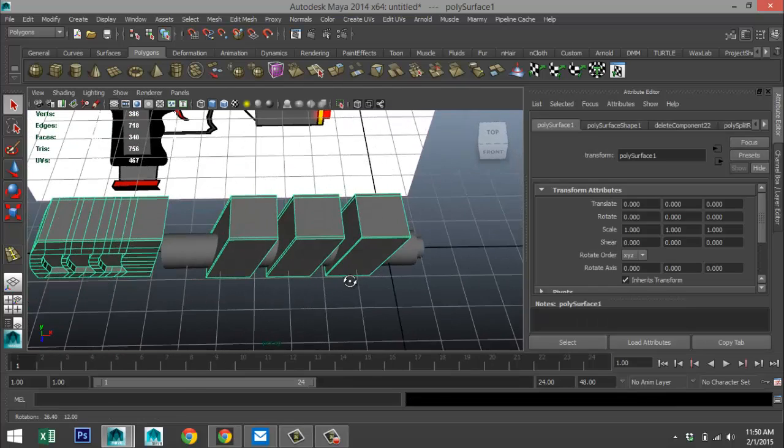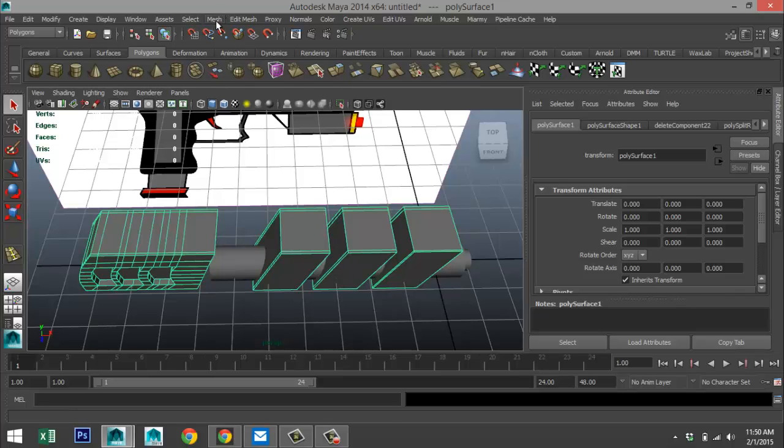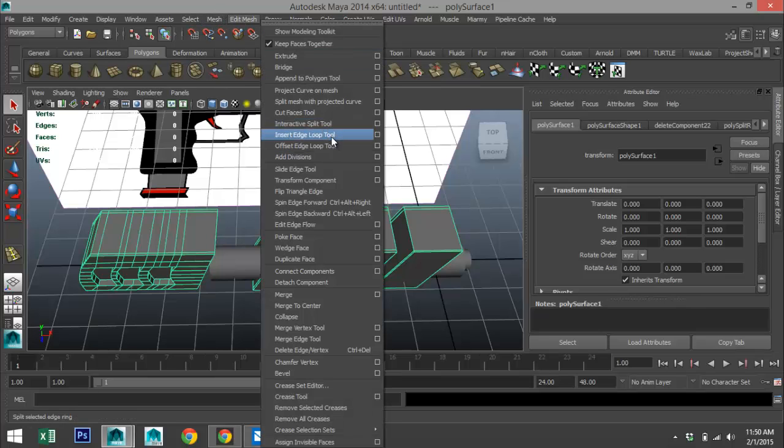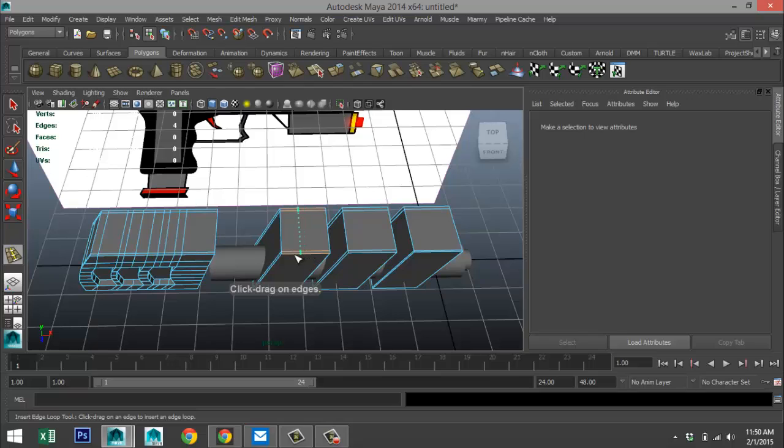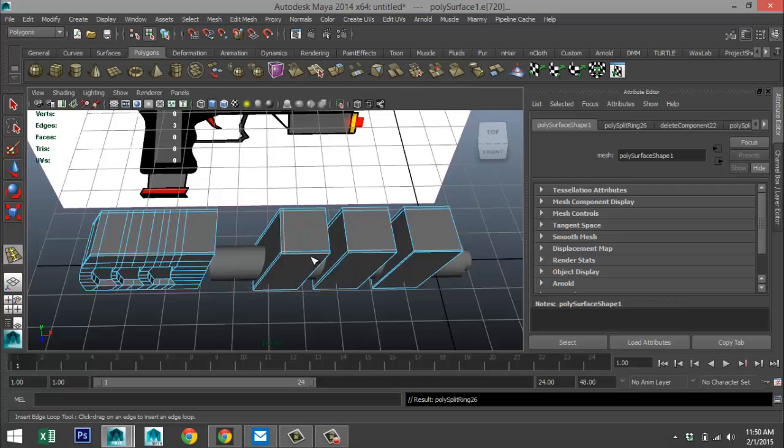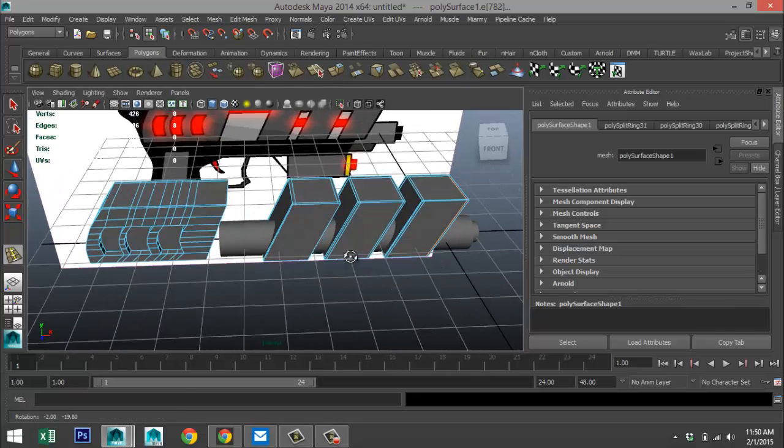We're going to add some more. Edit mesh, insert edge loop tool. We'll do one there. And this is always kind of an annoying process, but it has to be done. So they all look good.